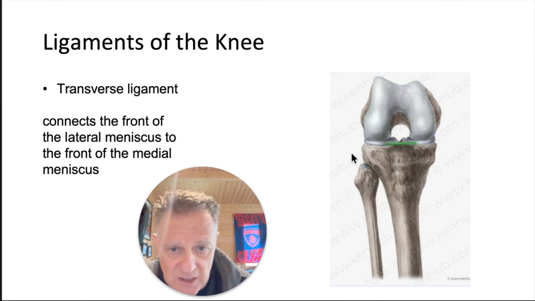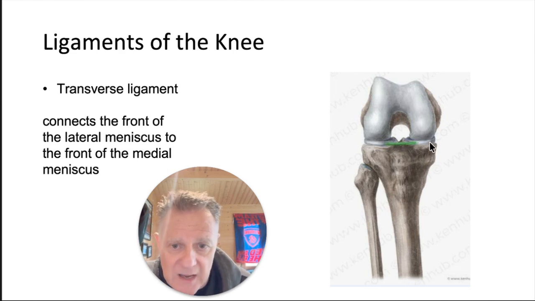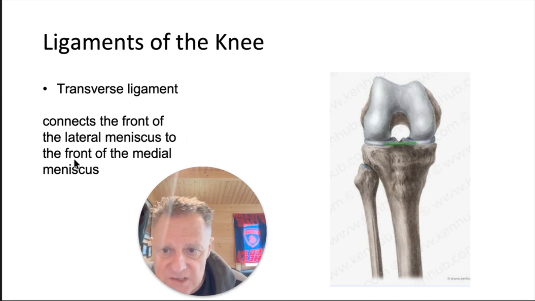We're obviously looking at a right knee here, anterior, so lateral and medial. So this transverse ligament stabilizes the lateral meniscus and the medial meniscus. So it connects the front of the lateral meniscus to the front of the medial meniscus